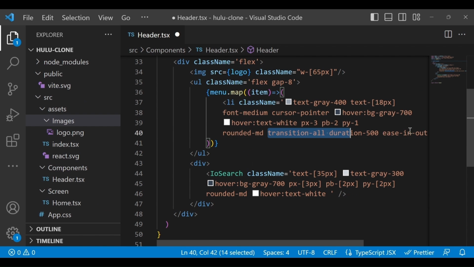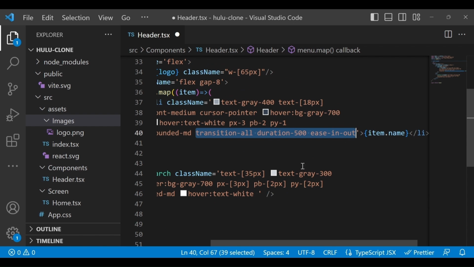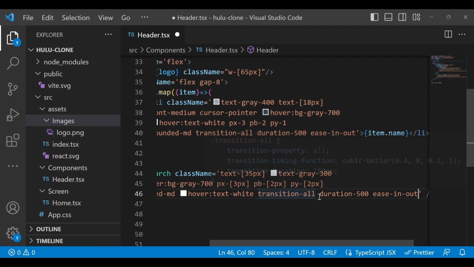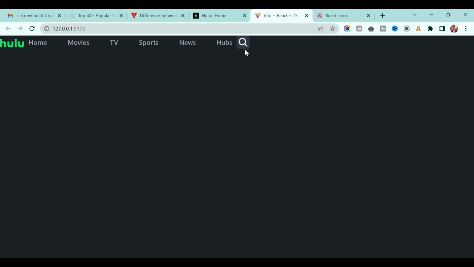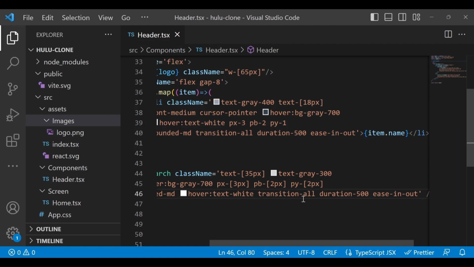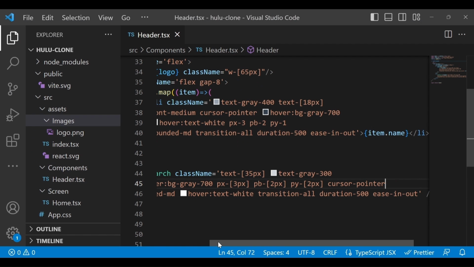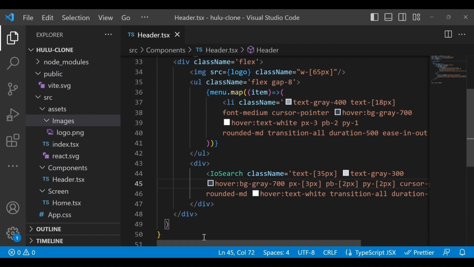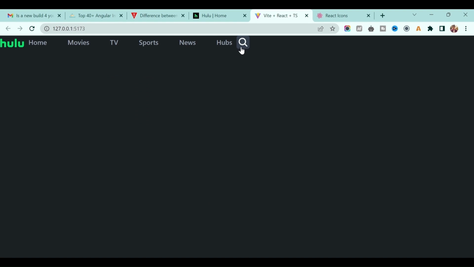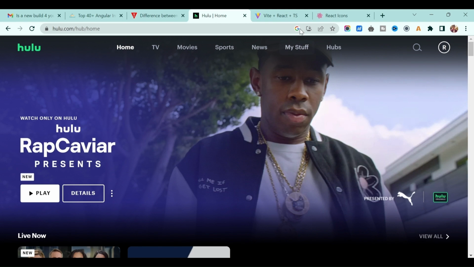So I will copy this line of code and paste it here. Okay, and save it. Let's go back here, and on hover we'll see this effect, right? Make it cursor pointer. Perfect. Okay. And now if you see, we have this account icon, right?